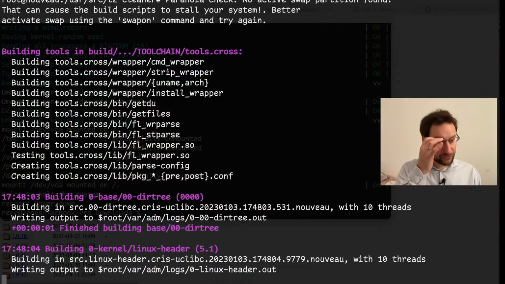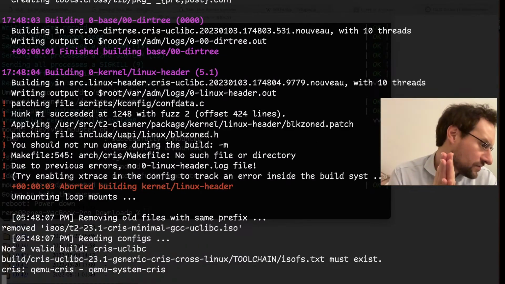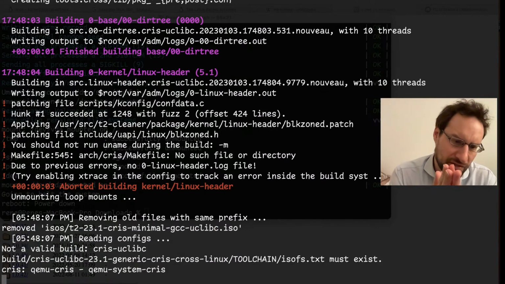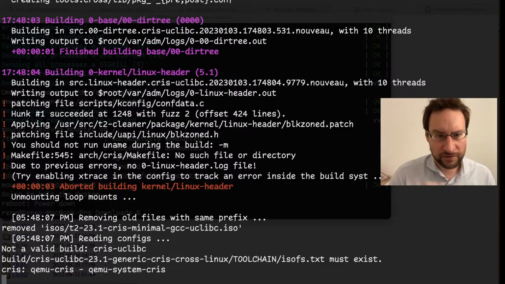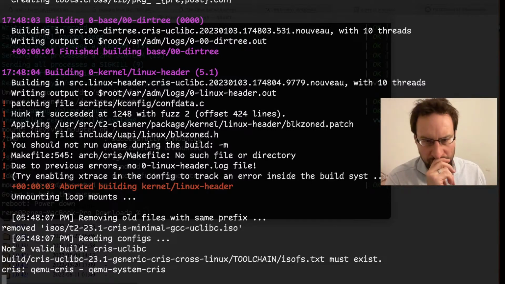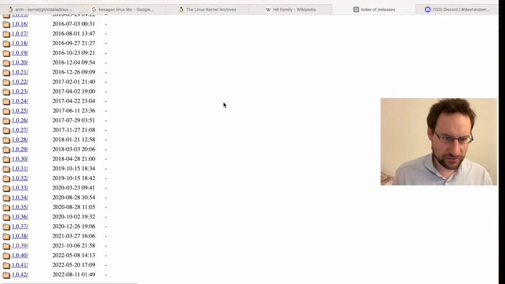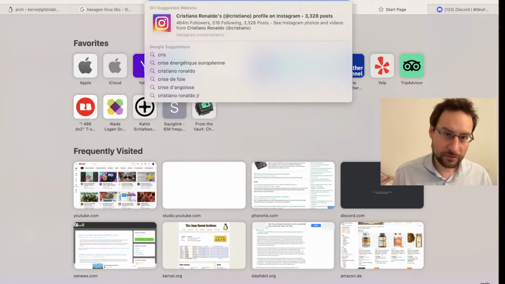And with the removal from the Linux kernel, we will simply overlay that so that we will use a slightly older Linux kernel. What's going on there? Something 5.1. Was it removed so long ago? CRIS.